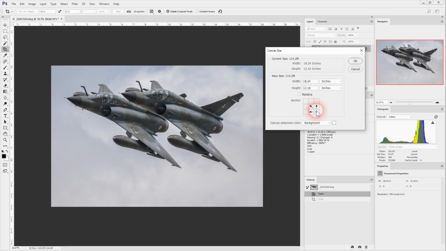Okay. And the canvas that we will create will have a color. Now if we look down here, we can see we've got a foreground color of black and a background color of white. So we could have a background color of white, or we could change it to, it makes no odds, we actually create a color ourselves. It makes no odds because I'll be filling the background color, or filling this color, with content aware fill at